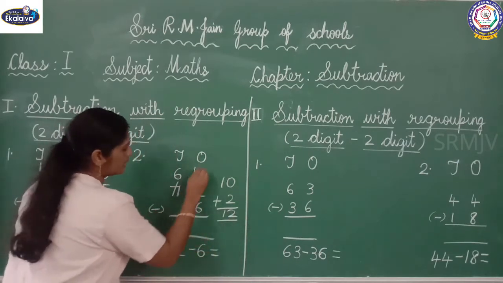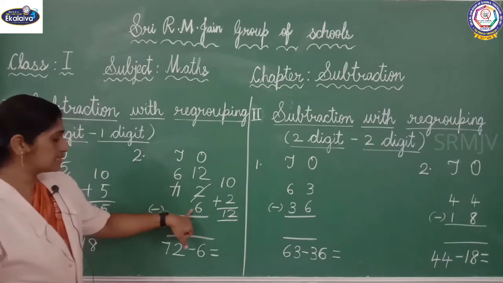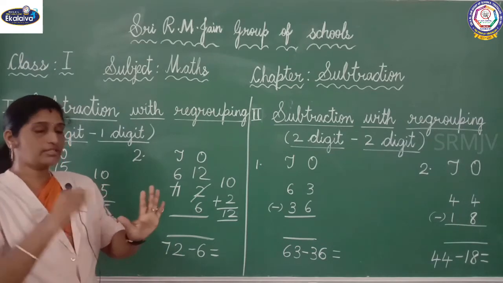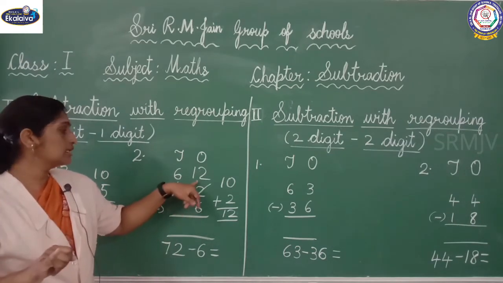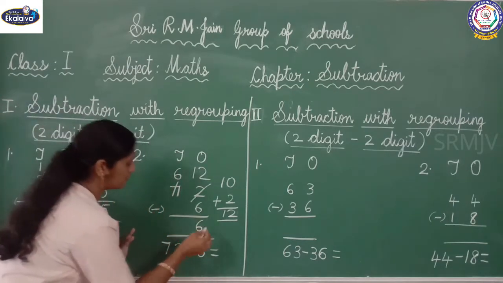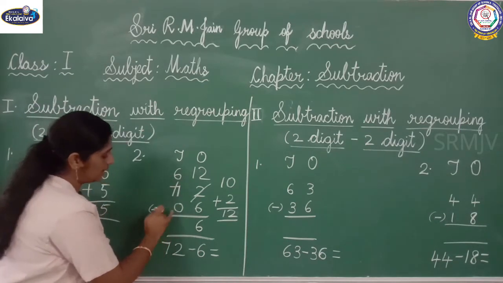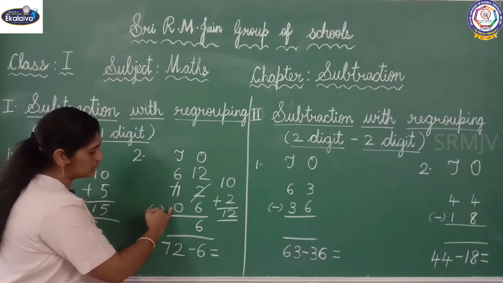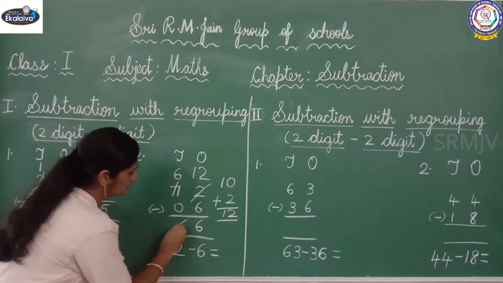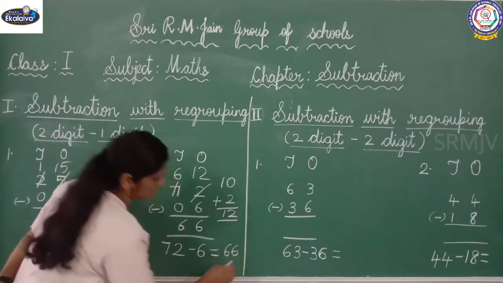Okay. So write 12 here and now I am going to subtract 12 minus 6. Keep 6 in the mind and 6 after 7, 8, 9, 10, 11, 12. Till up to the number 12 I have counted and I have opened 6 fingers. So you have to write 6 and see the tens now. Here there is no any digit. So if there is no digit, we have to assume it is 0. So 6 minus 0 is equal to 6. So 72 minus 6 is equal to 66 is the answer.